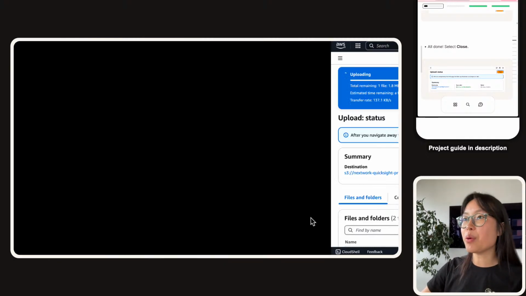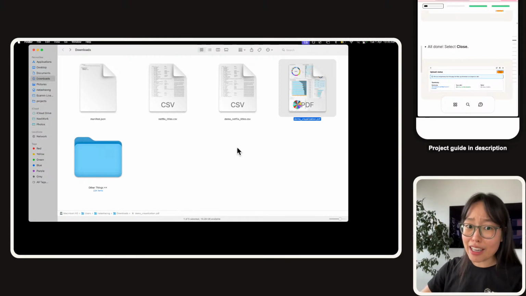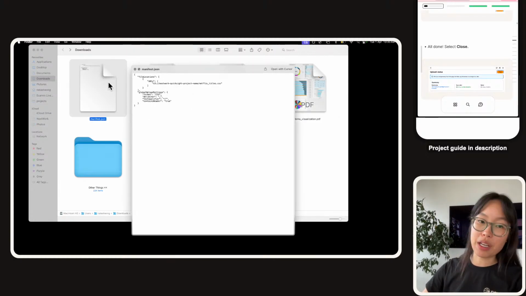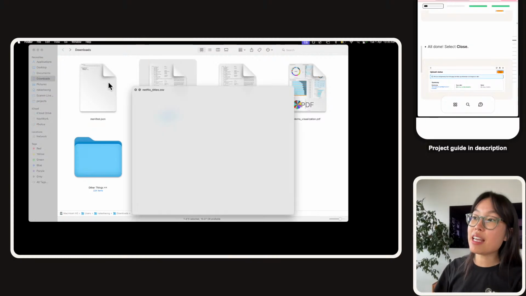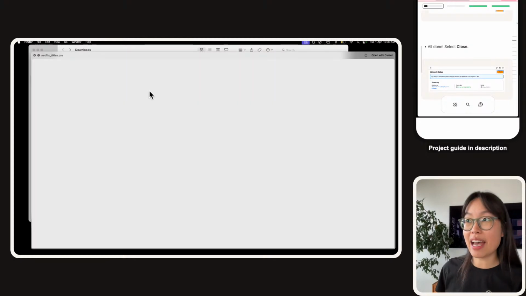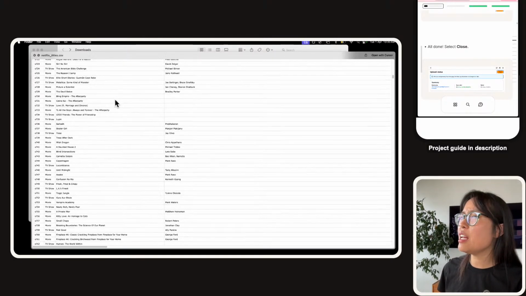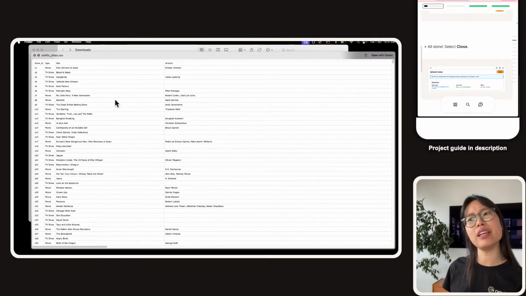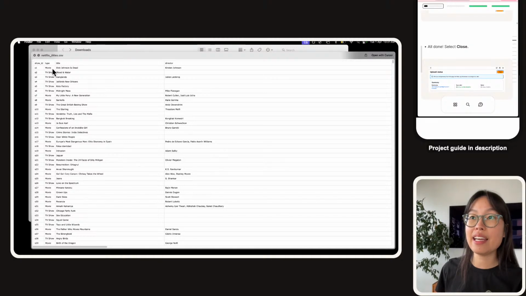Now in the meantime, while we're waiting, I thought it would be a great idea for us to just see what is the actual data that we're uploading. So we've got manifest.json that we're going to look at a bit closer in a second. But this is the actual spreadsheet that we're uploading and analyzing today. Netflix titles.csv is a bunch of shows and movies. You can see that we have a show ID, a type, is it a movie or a TV show,